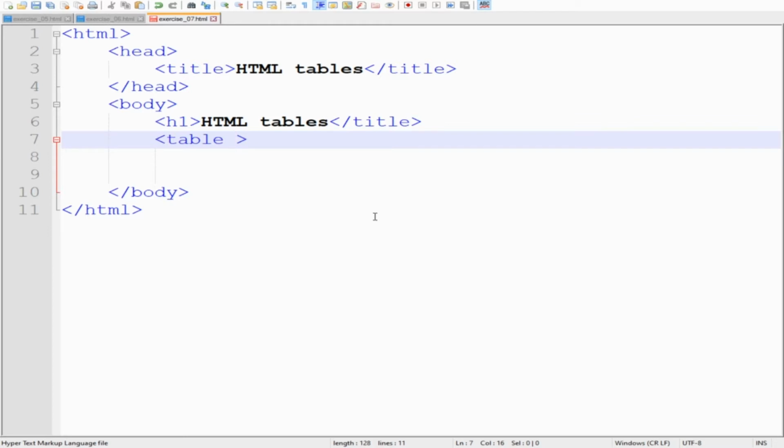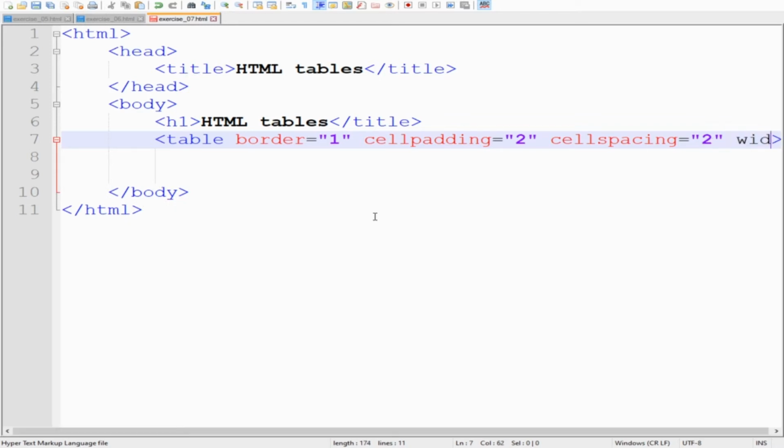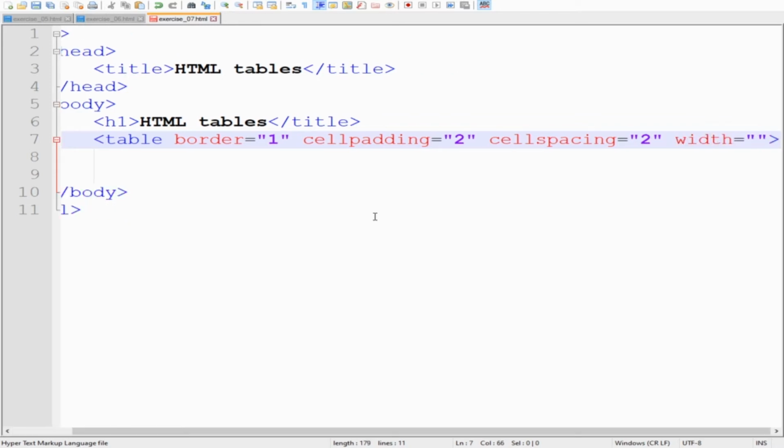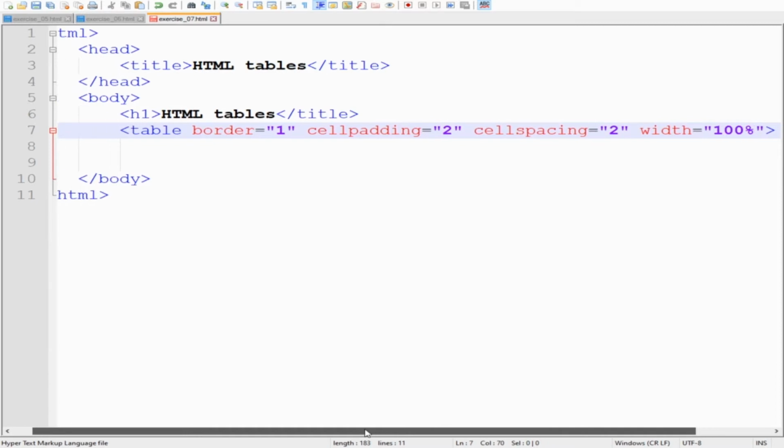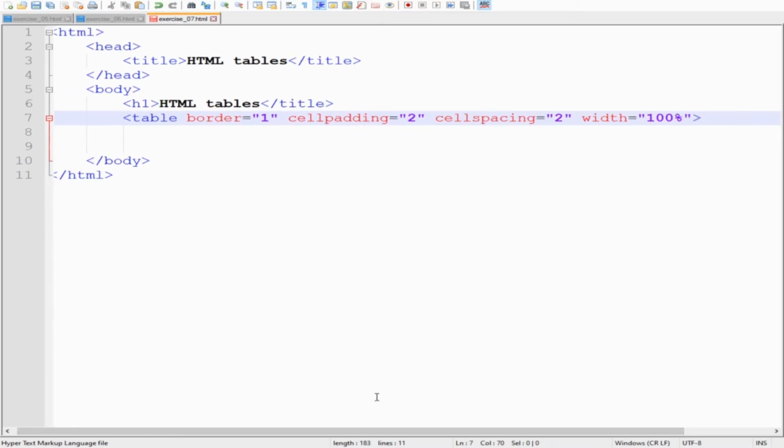For the table, we will be using the table tag, with border 1, cell padding 2, cell spacing 2, and width equals to, let's say for example, we want to specify 100%. Now in tables, let me try to make this a little bit smaller. Okay, so in tables, or much like in any other HTML formatting, we can use either percent or